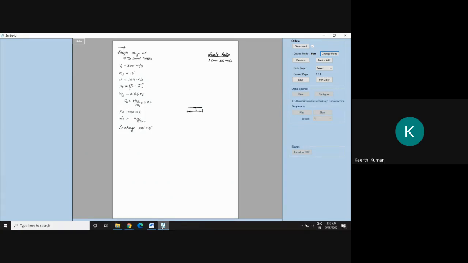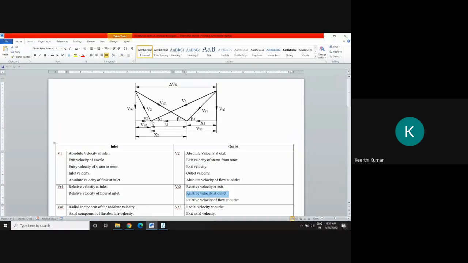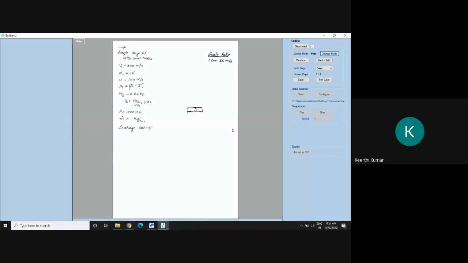Next. From this point, I am supposed to start alpha, correct? Alpha is supposed to come from this point. That you can see from the figure. See, from the left end of the U, if I draw the line, that should be equal to alpha angle. In the question, alpha is given as 18 degree. So keeping this as a first point, I will draw one line at an angle of 18 degree. Simply draw the line, and this line is at an angle of alpha 1, that is equal to 18 degree. No need to write degree there, just write alpha 1.